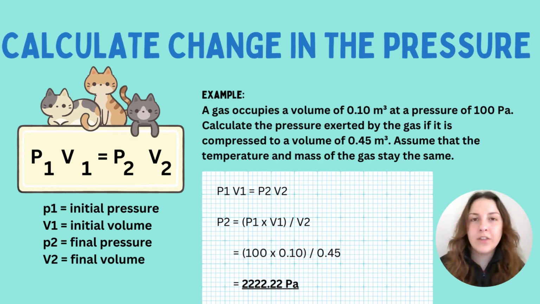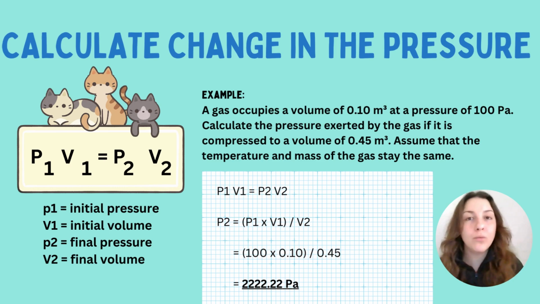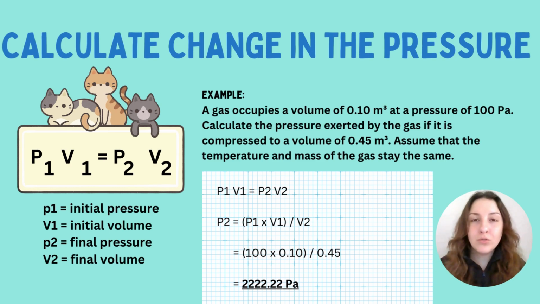If you do get stuck in the exam, I would recommend you circle the key numbers in the question. That way you can actually identify what it is you're working out and what it is you don't know. Remember to also put brackets around your information at the top, because that way you can get a correct answer. Sometimes calculators can be a bit funny, so just double check with your brackets that you've placed this in there, and then you should get your answer of 2,222.5